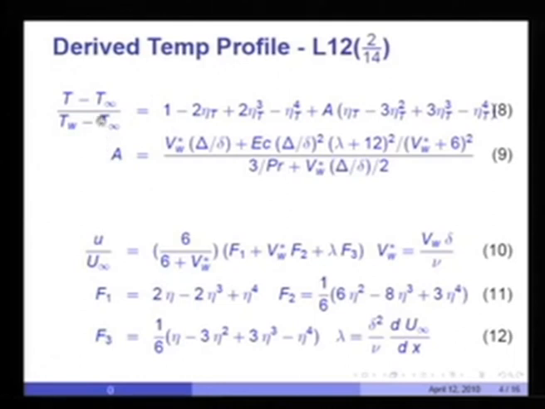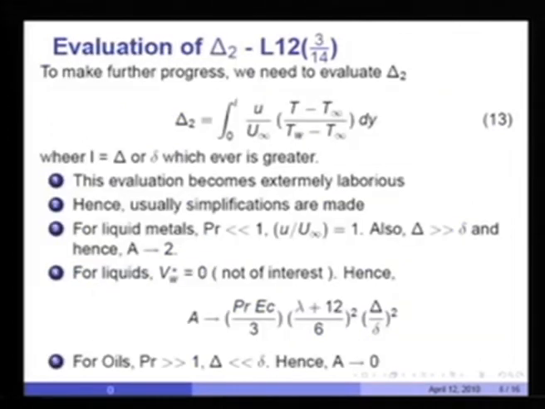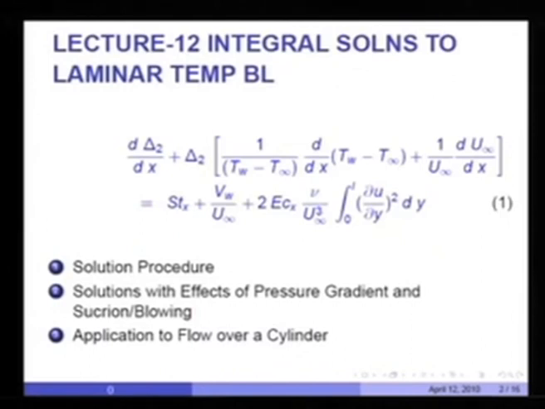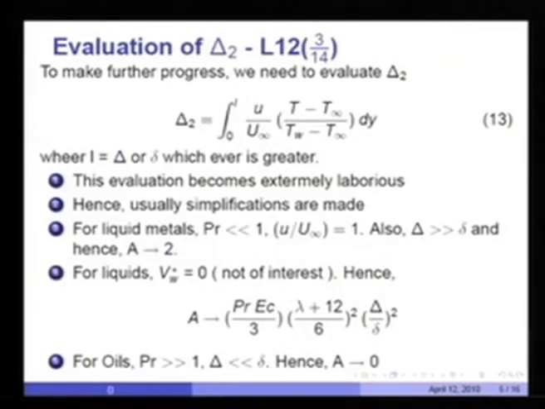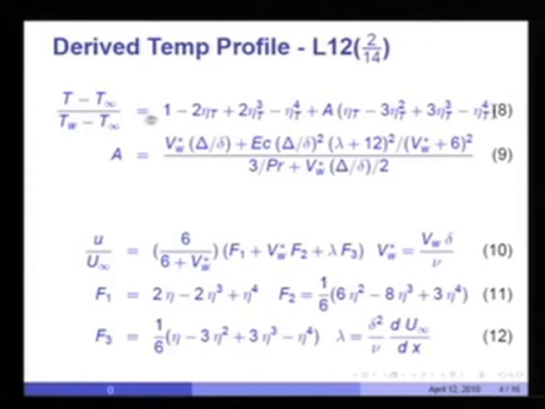So, we now have a temperature profile and a velocity profile. As you can see, the expressions are quite complex, but nonetheless can be worked on a piece of paper. Now, to make further progress in our equation here, we need to evaluate delta 2, the enthalpy thickness, and the definition of enthalpy thickness is the integral from 0 to L of u over u infinity into T minus T infinity divided by T w minus T infinity dy. Essentially, therefore, it is an integration of the two profiles, the velocity profile and the temperature profile,